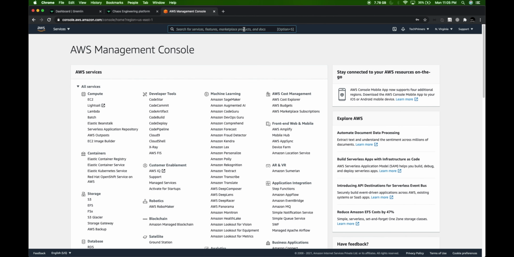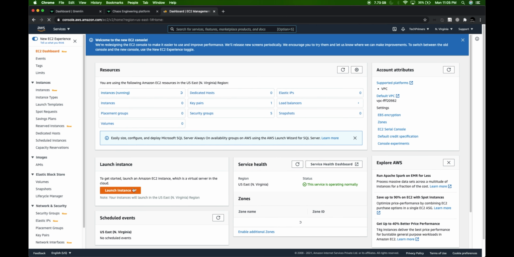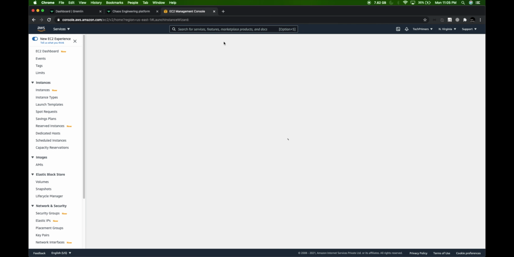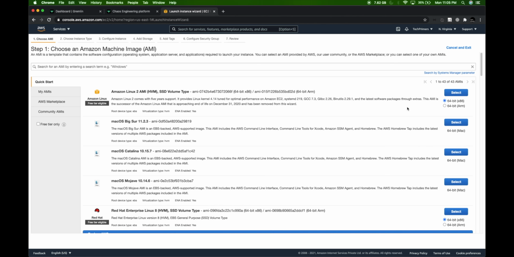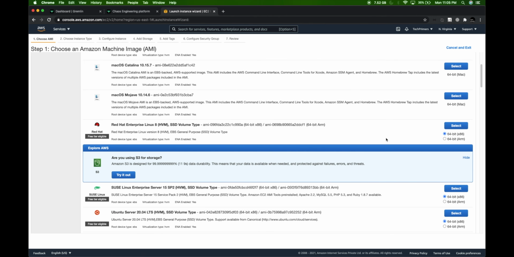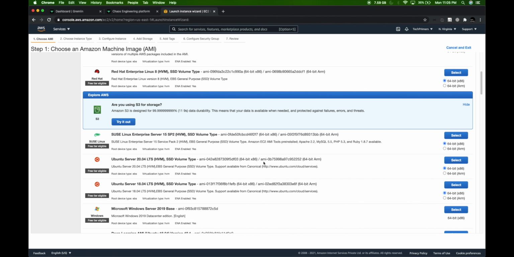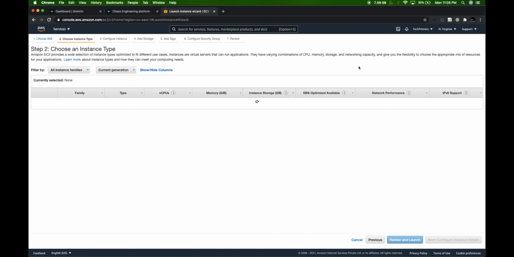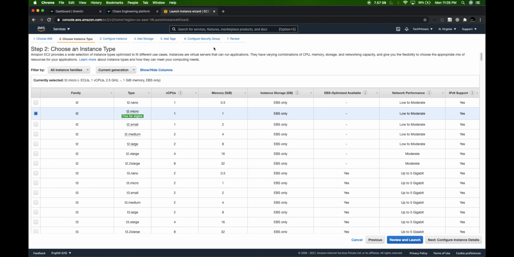I'll just create an EC2 instance. So let me go to the AWS console. I'll go to EC2. I'll create an EC2 instance where I can install my Gremlin agent. So I'll click on launch instance. In this demo, I'll not be showing you an example application because it's almost similar to what I'm going to show. I'll be using an Ubuntu image here. Let me select the latest version of Ubuntu. So I'll create an EC2 instance with the Ubuntu image.